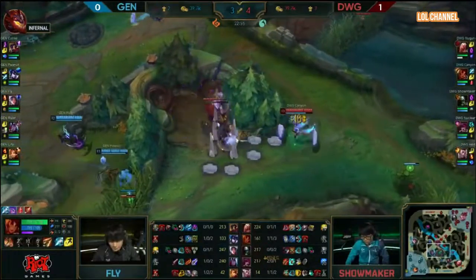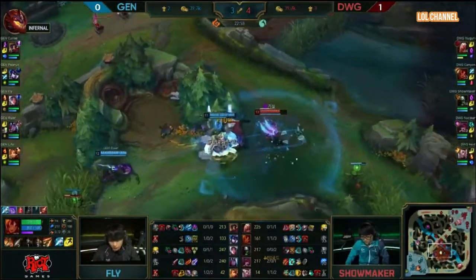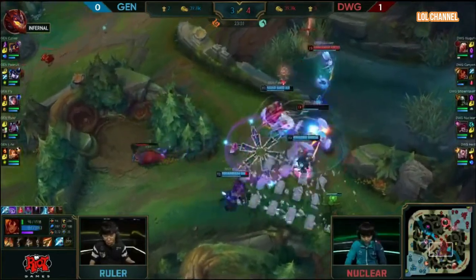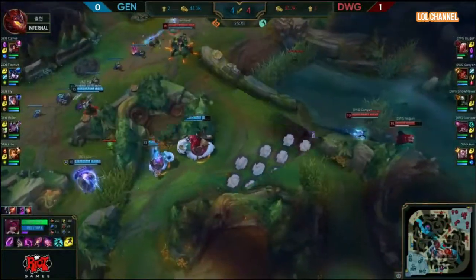So let's tell you what you need to look for. So here we go. Yeah, lands the ult. Peanut trying to demonstrate that for us right away as Chains of Corruption not going to get in there as Canyon does his best to escape, but there was no...